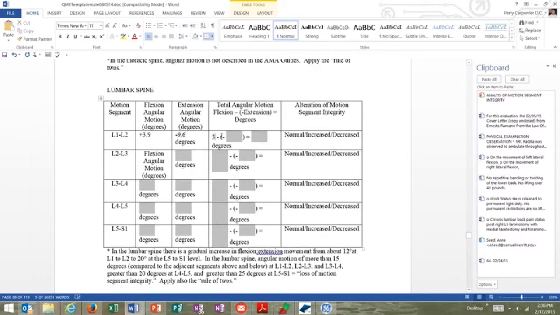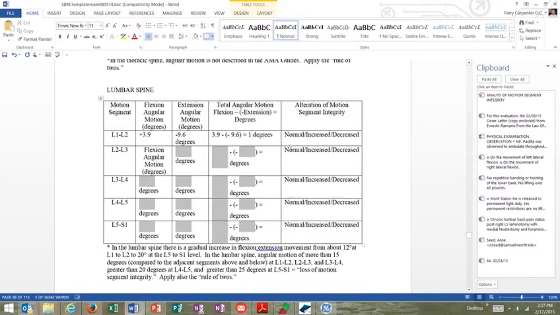So let's do the math. 3.9 minus 9.6 equals 13.5 degrees. There's the L1, L2 motion segment goes through 13.5 degrees of motion from the extreme of flexion to